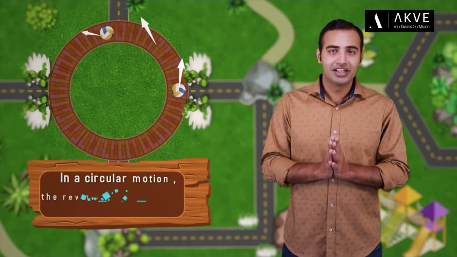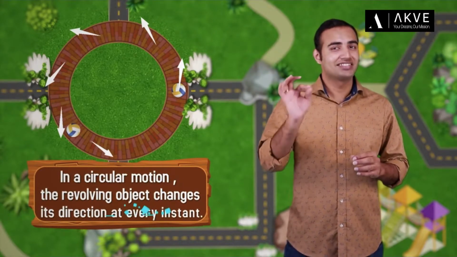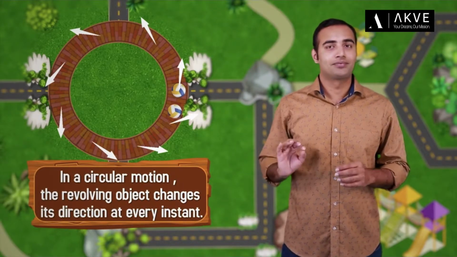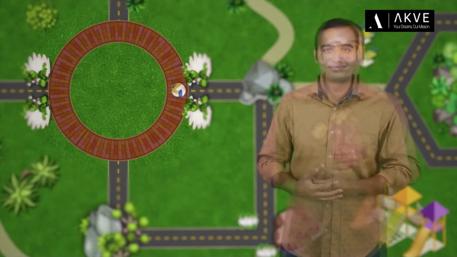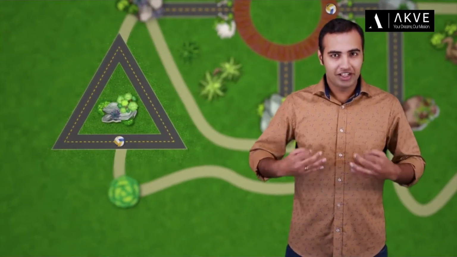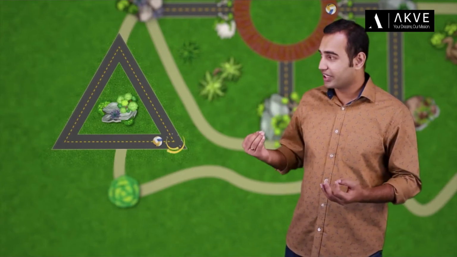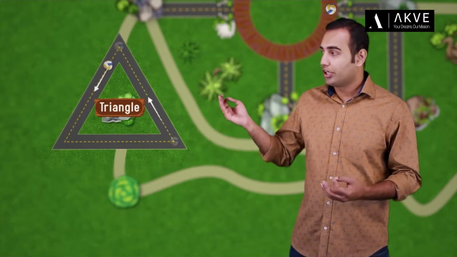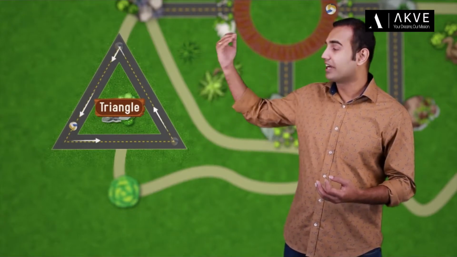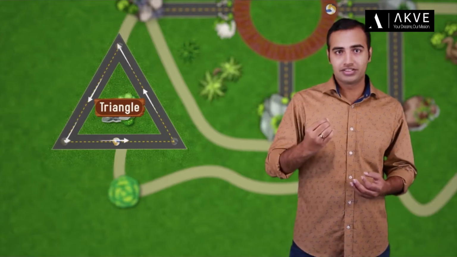So, all of you who think yes, the direction of the moving object is changing, I must say you are correct. In a circular motion, the revolving object changes its direction at every instant. To get a better understanding of what I'm saying, consider this illustration. Let's assume that instead of traveling around a circular path, our object travels around a triangular path of the same perimeter. Now if I say that the object goes around the entire boundary of the triangle once,